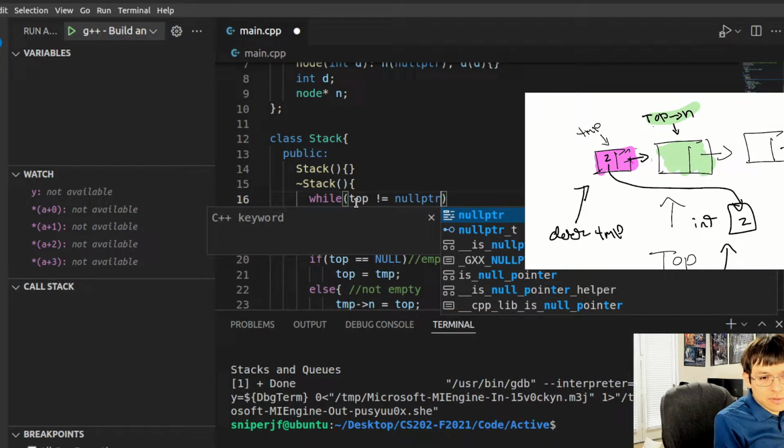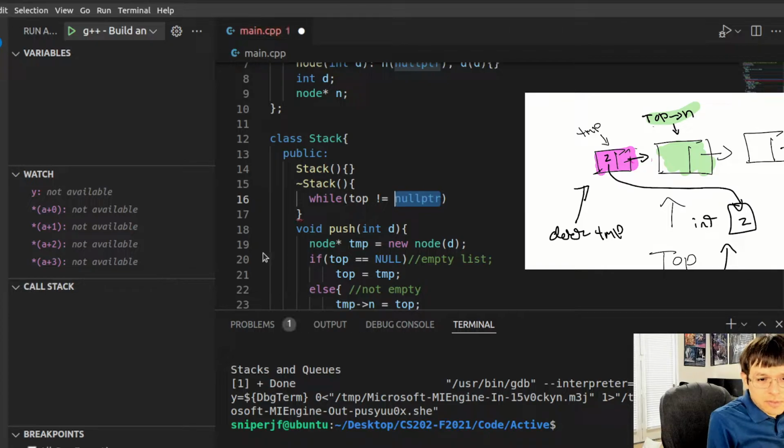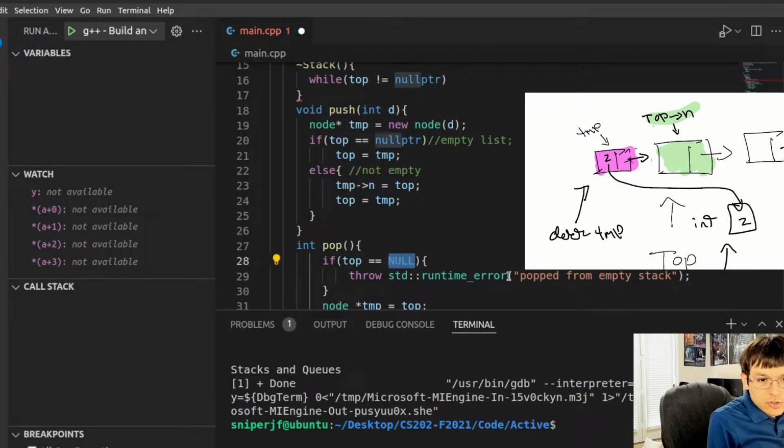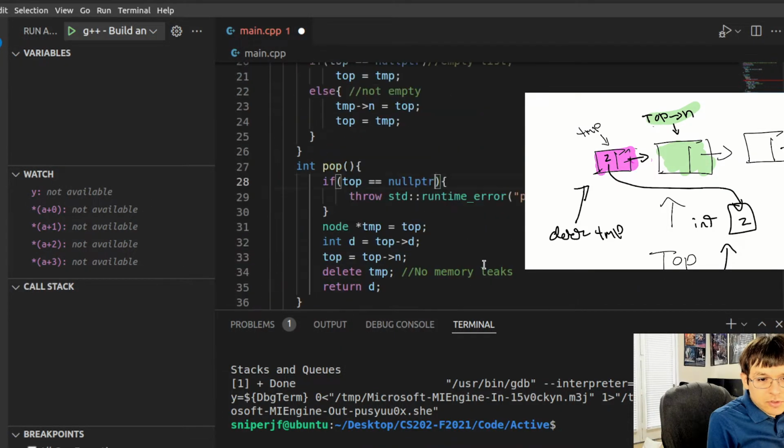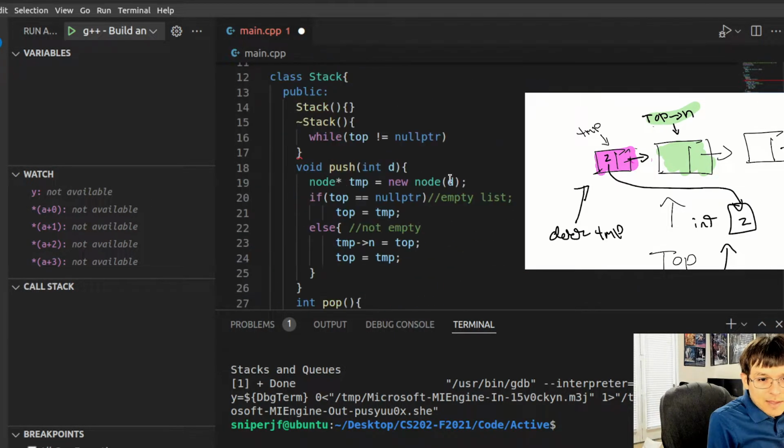I've been using null when I should have used that because I want to be consistent. So you just change those to nullptrs. You could use find and replace, but too much effort. Yeah, so while top is not equal to nullptr,